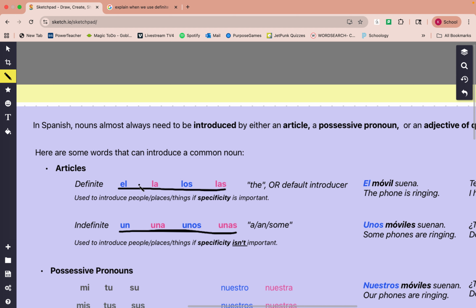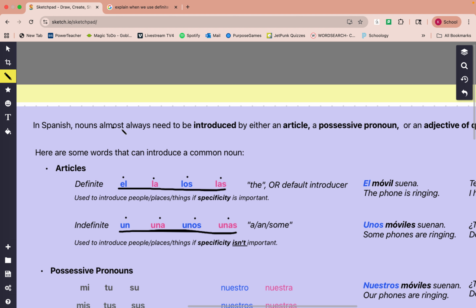You may notice that they are sorted into blue and pink, and that is because these blue words can be used in front of masculine nouns, and these pink words can be used in front of feminine nouns. Earlier we learned how to look at the ending, that specific part of a noun, to be able to tell its gender in Spanish. So now I'm telling you that when we put an article in front of a noun,